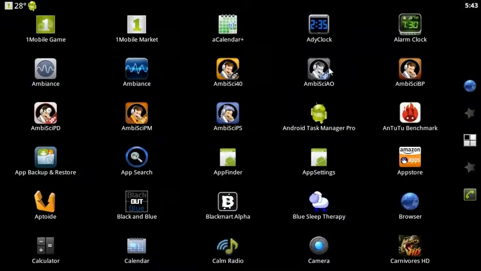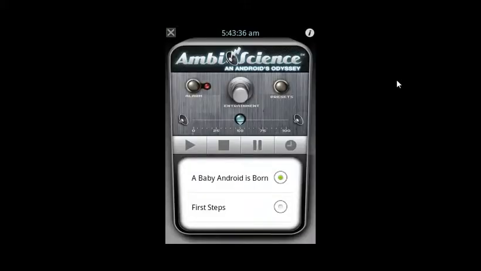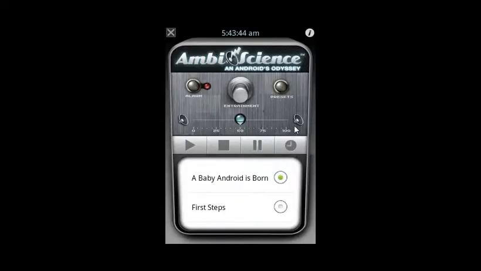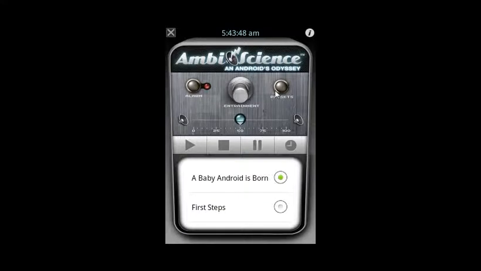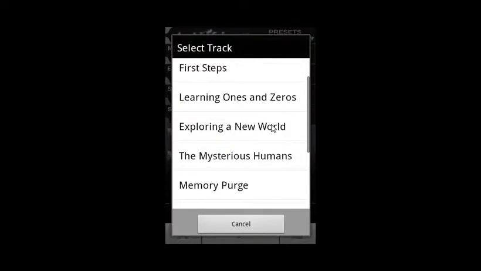The other one that we're going to take a look at now is the Android Odyssey. This one originally was on Google Play before it was on iTunes. Now I believe it's available there. Again, as you can see, the landing page is just about the same. That's the same over here, the timer. So they've really unified the UI. And then when you go to presets, you'll have some more